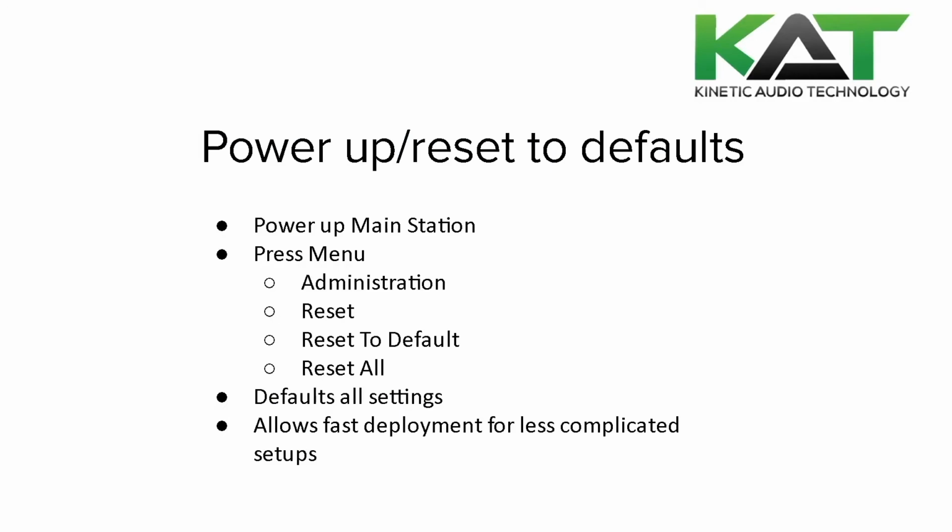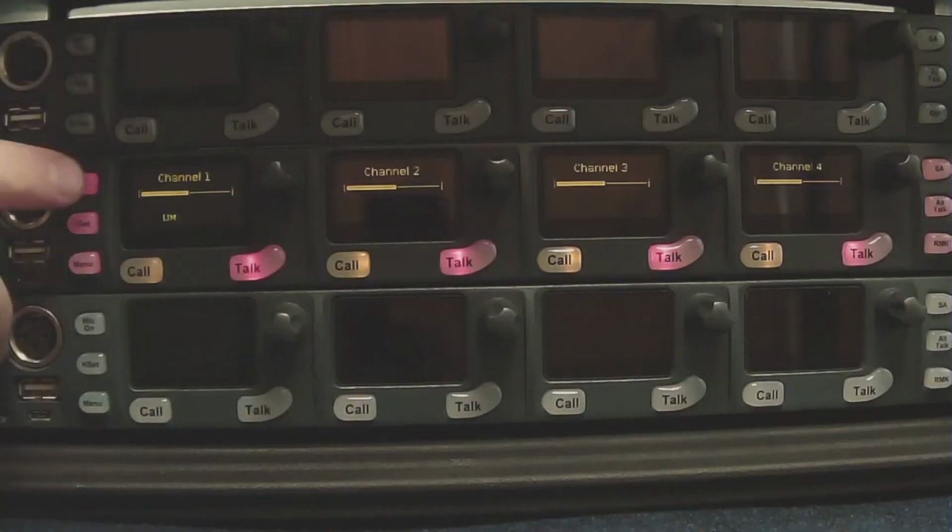Alright, now let's go ahead and power up and reset our main station to defaults. What we want to do is plug in our main station and get that powered up. Once it's cycled on, we're going to go ahead and navigate to Menu,